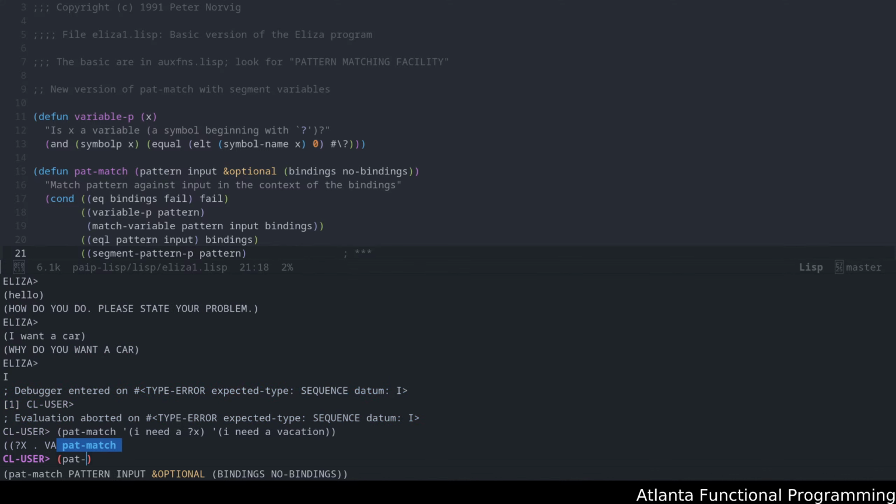pattern match, and it is. Let me just pull this up. This is the... yeah. So if we do... let's do this one. Yeah. So we have